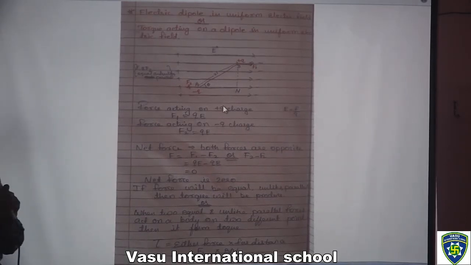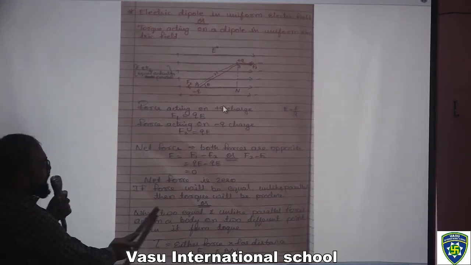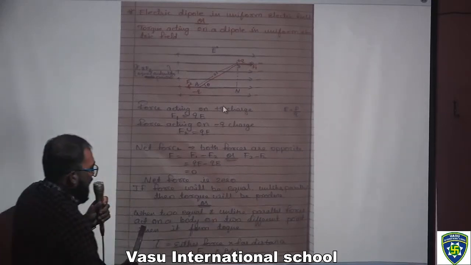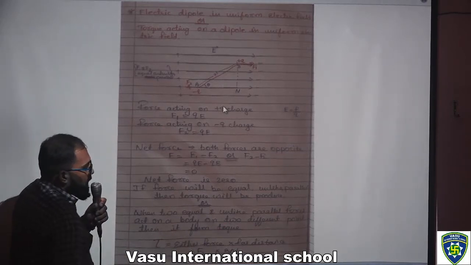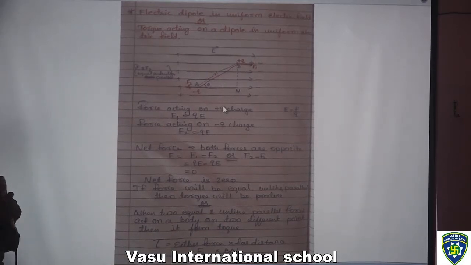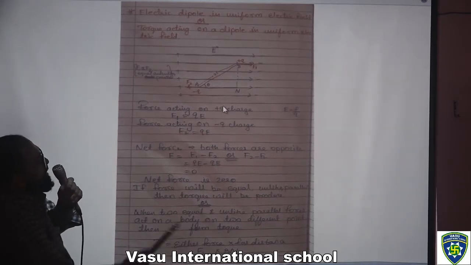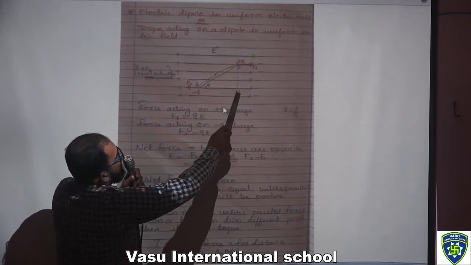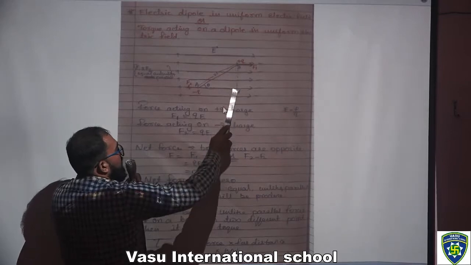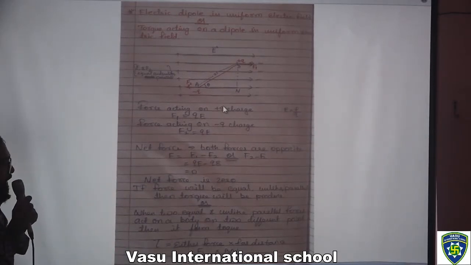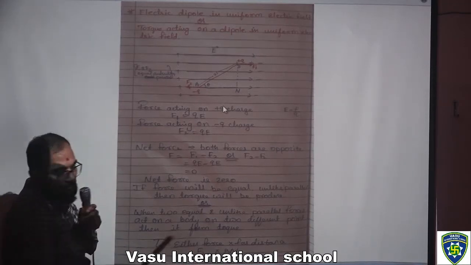Now if the forces are equal, unlike and parallel, then torque will be produced. That means when two equal and unlike parallel forces act on a body at two different points, it forms a torque. So torque is nothing but force into the perpendicular distance, which is Bn. This is one force, this is another force. So what is the distance? It is given here, that is Bn. So we have to find the value of Bn. F1 is equal to qE into Bn.